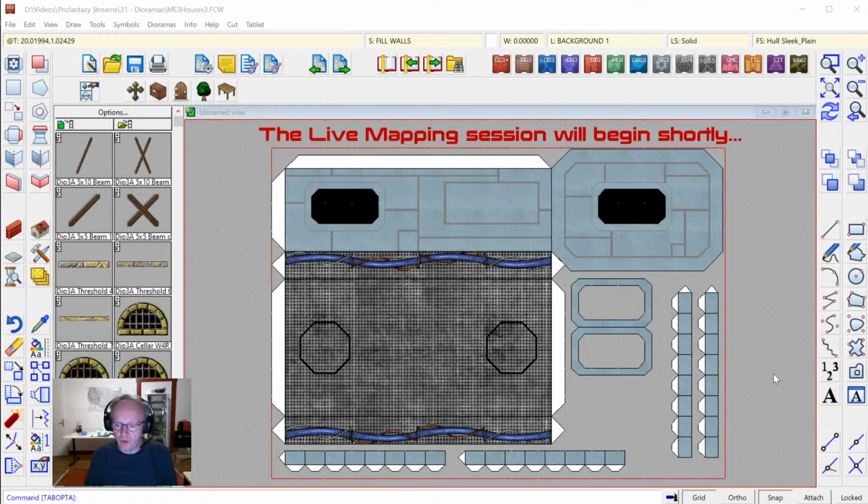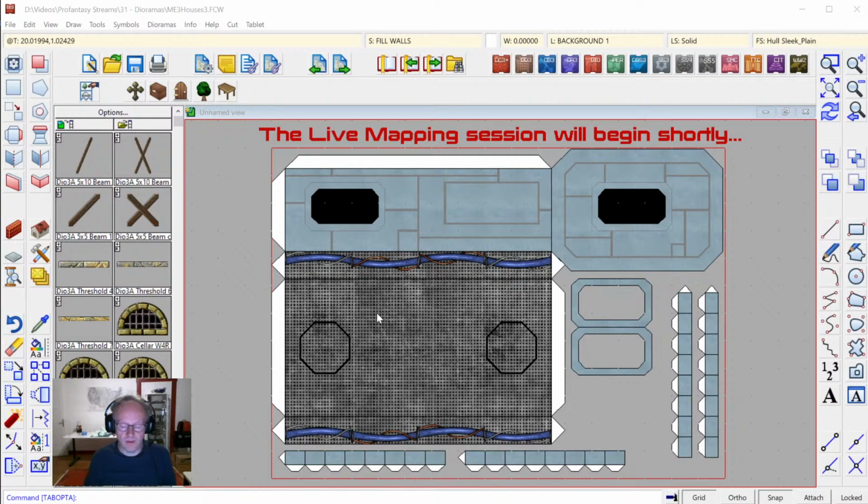So, I don't want to use Dioramas straight out of the box because I also want to show you how to get some new resource into it. So I'm building a science fiction structure or building. Actually, I've been puttering about with that for my own gaming purposes for a while, and I thought this would be a good opportunity to show you some of the options that Dioramas offers. As you can see, I've got a template drawing here with some futuristic looking textures or modern looking textures and symbols from Cosmographer,